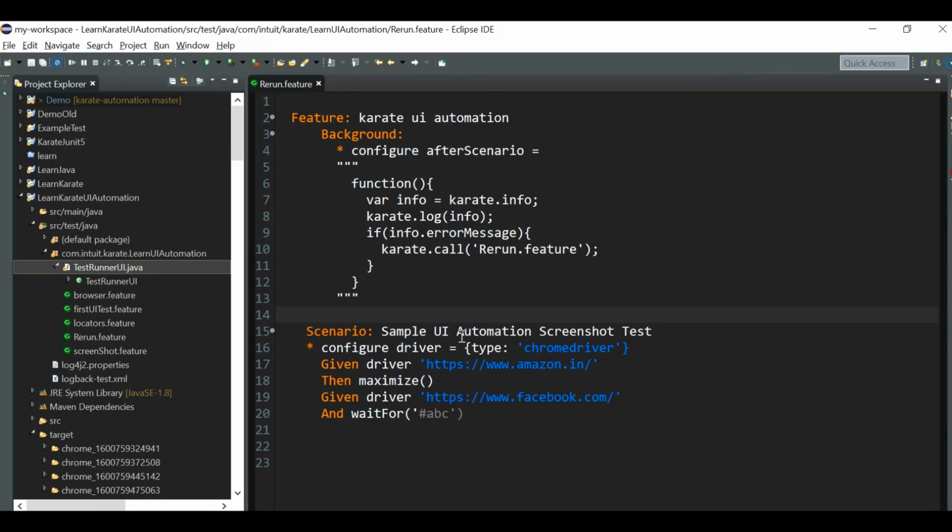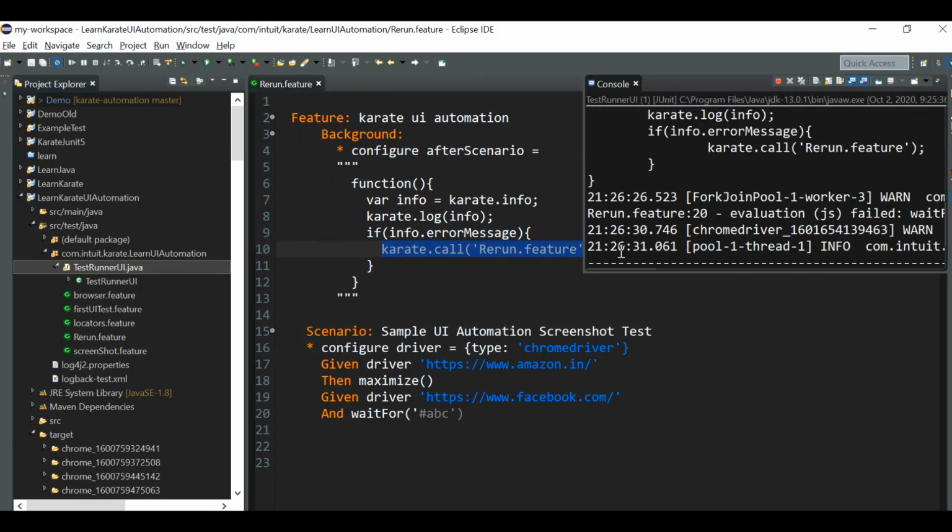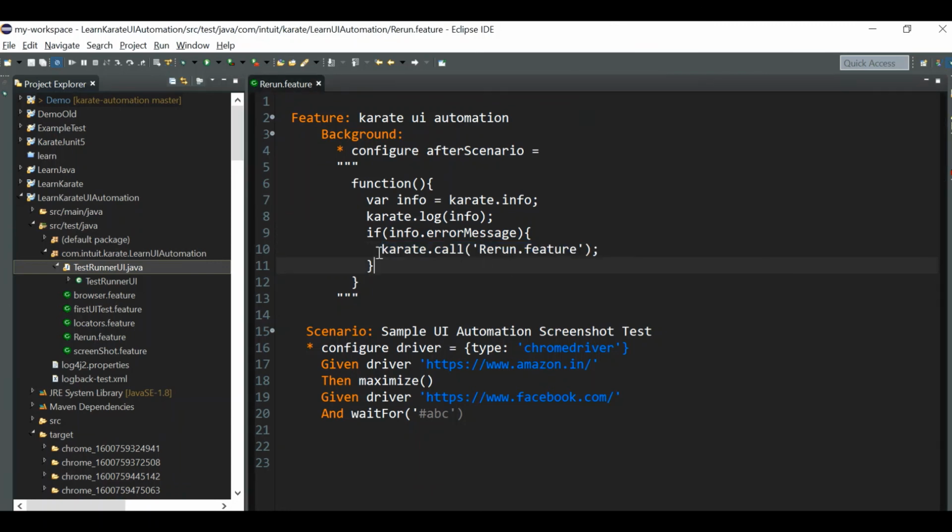And whatever you want to do on the test failure, you can put it inside this if block, inside this if loop, based on the info dot error message condition. This info is karate dot info. As you see, it's a JSON block, right?